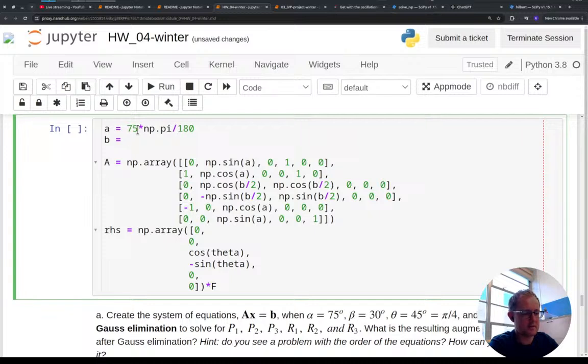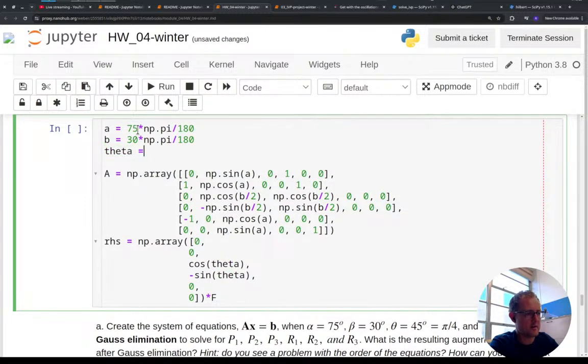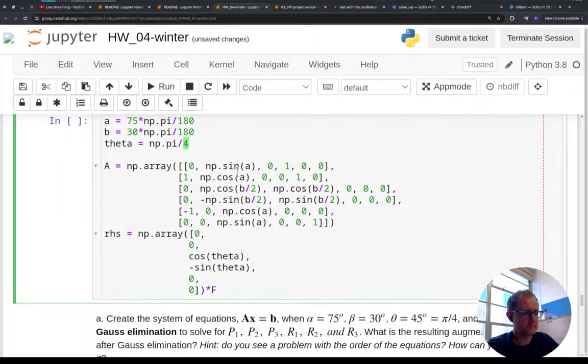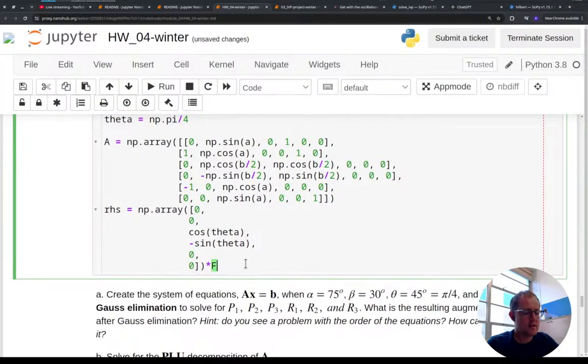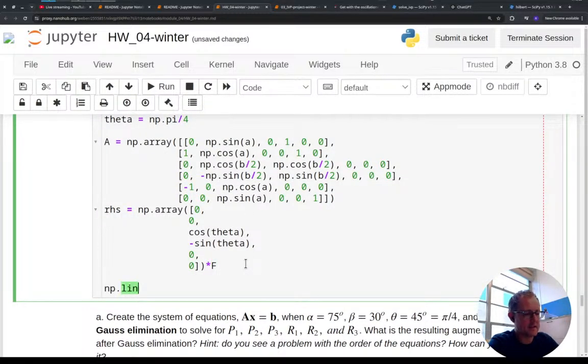B is 30 times np.pi over 180. And theta equals np.pi over 4, or 45 over 180, pi over 4. All right, cool. And if I just take this problem and say linalg.solve of A, RHS,